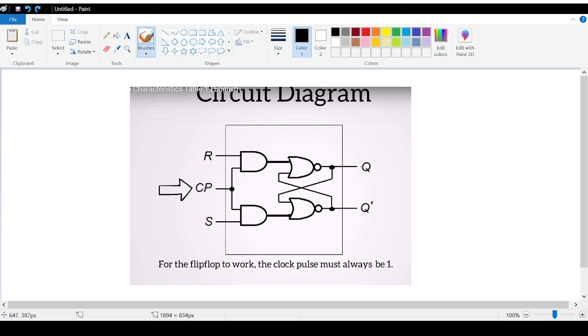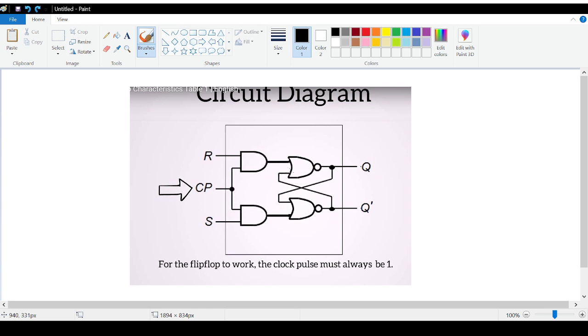Remember I said that every flip-flop needs a clock pulse. So the clock pulse with R is passed through AND gate. Here it's AND gate, and here if you look carefully, the combination of clock and R is the output here. This output goes to the NOR gate, and here we have S and clock pulse. This goes to the other NOR gate, and here interestingly the output Q is passed as an input through this NOR gate, and the output Q bar is passed through